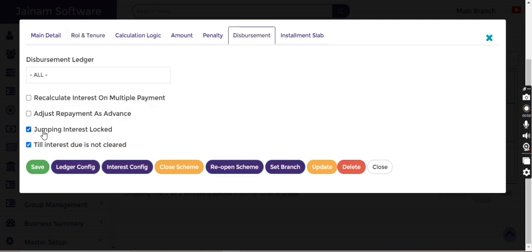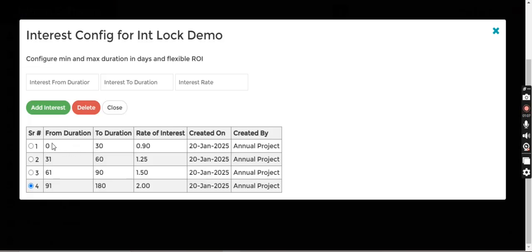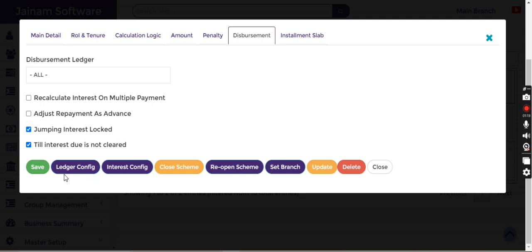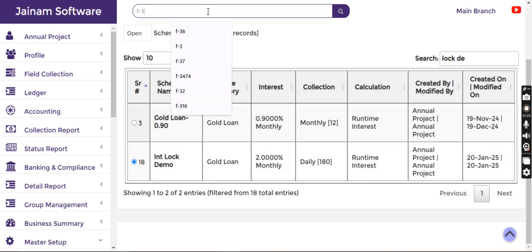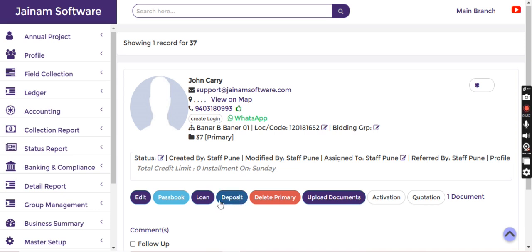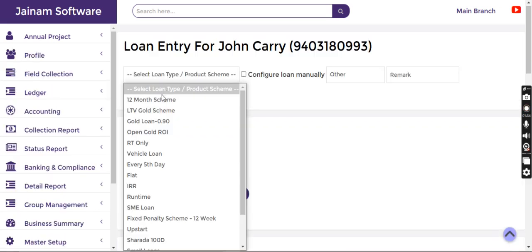In disbursement, jumping interest is locked till interest due is cleared. Now, what is jumping interest? In interest config, we can see 0 to 30, 0.9, and so forth. The interest is applied for that specific range. So I click close here, and in main details, I have selected the scheme type or the loan type as gold. I close this and search profile, click loan and select a product scheme,